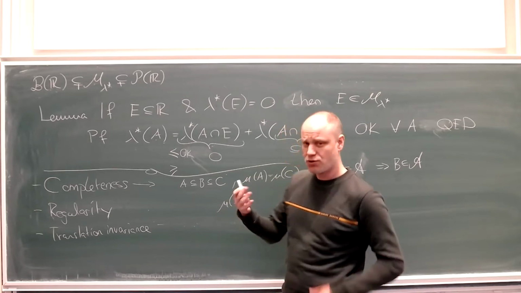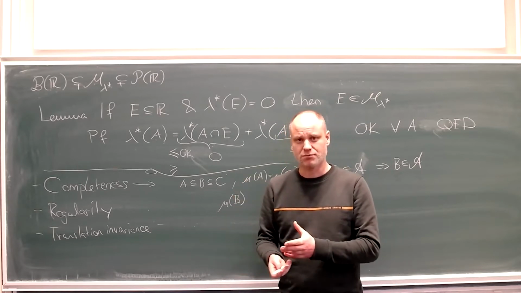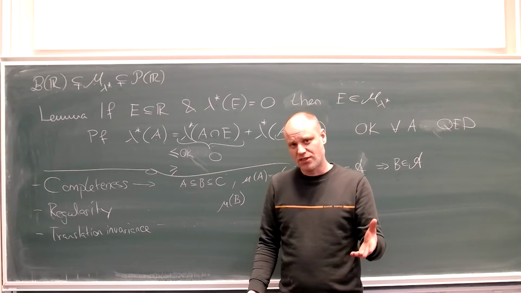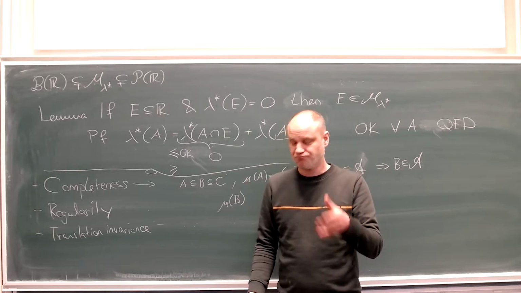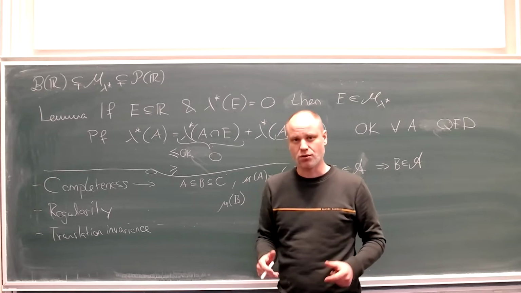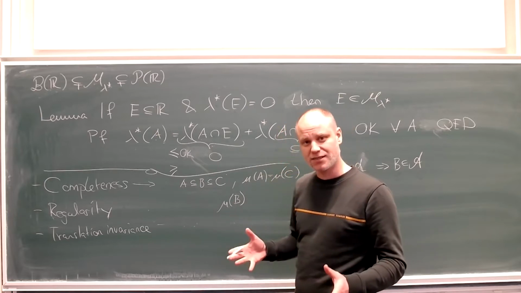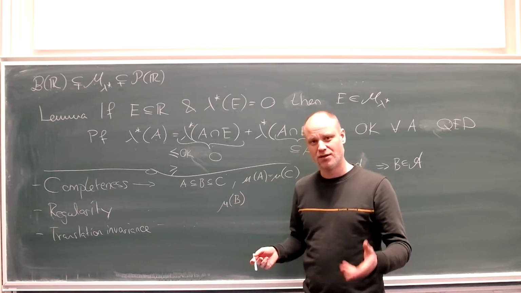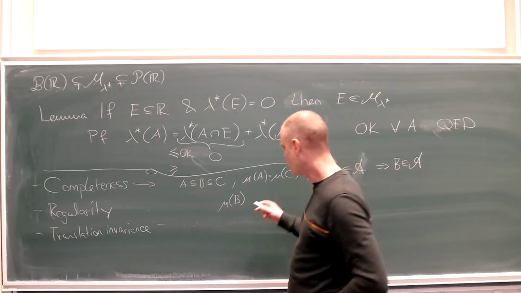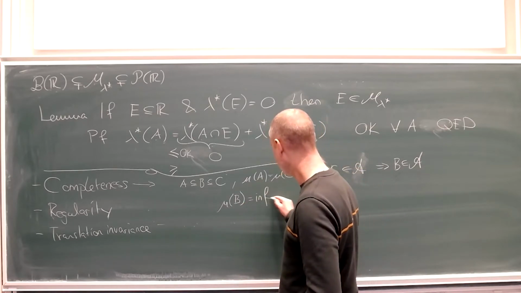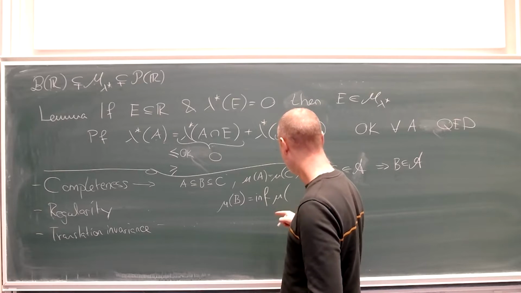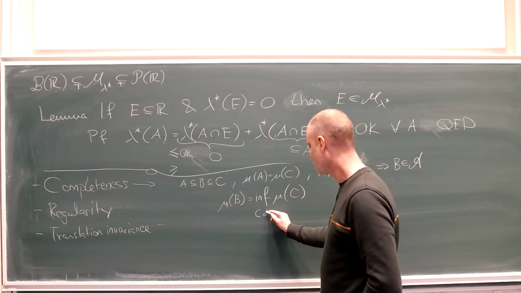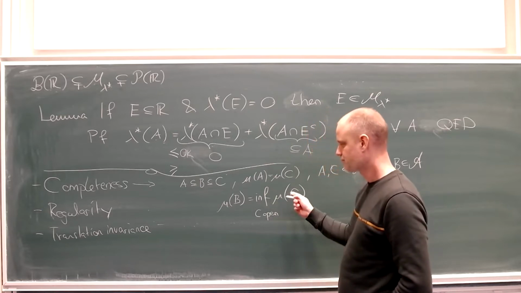Usually, we don't know exactly which sets are in our sigma algebras. We can't just take an arbitrary Borel set. What does it look like? We don't know. Sets we understand are open sets and closed sets. Closed and bounded sets are called compact. So those are nice sets. Then we want to know, if I have a difficult set, can I approximate it well with a nice set? It turns out that if you take the infimum of mu of C, where C is open,